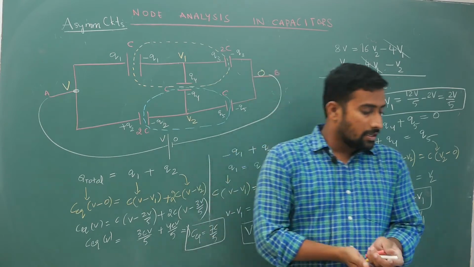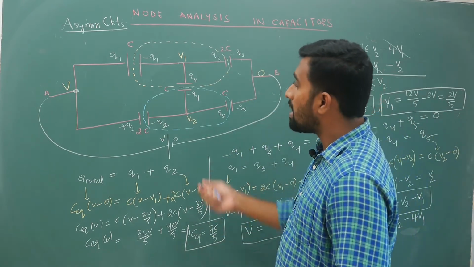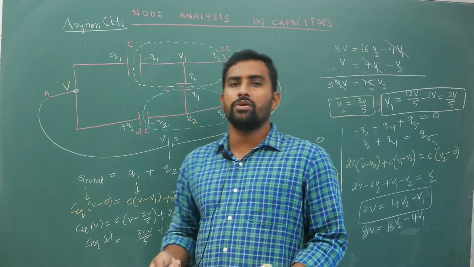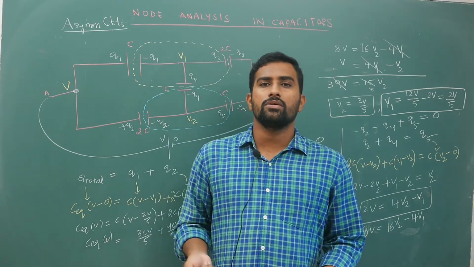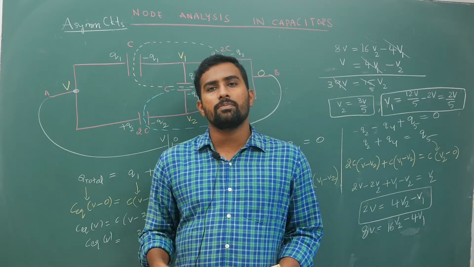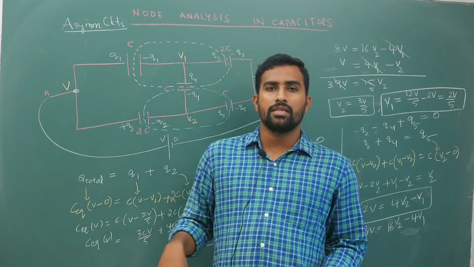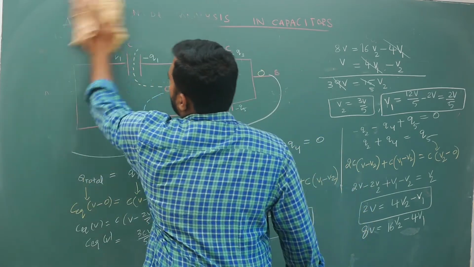Okay. Next, your next part is the same question. I will do it using the symmetric method. If you remember the current electricity video, for symmetric circuits, what we did was mark plus V and minus V potentials, and then do the calculation. Okay, right? So let us do that.